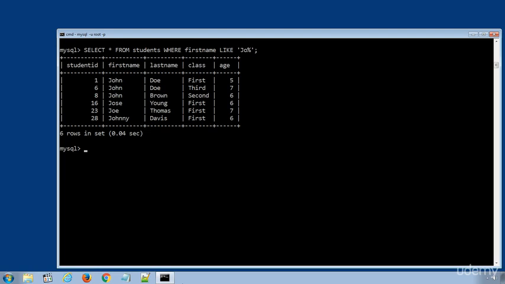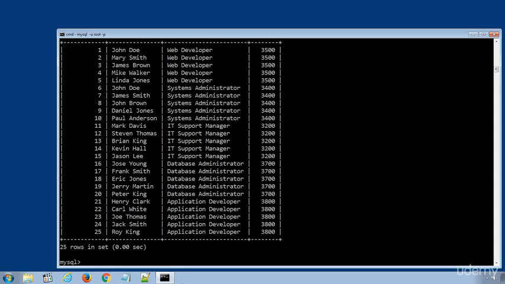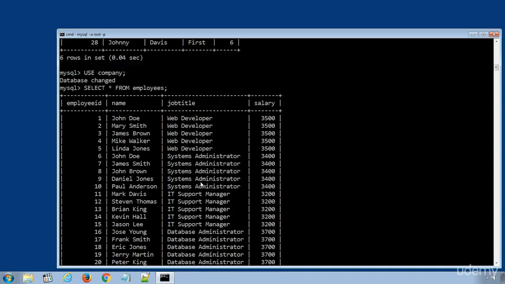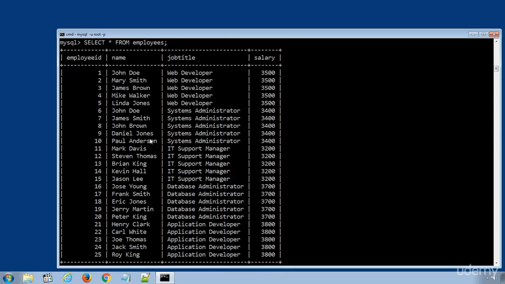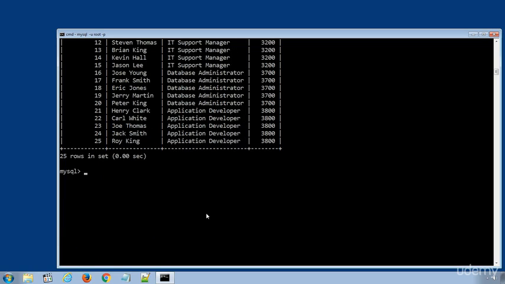I'll select the company database and run an SQL statement to display all the records from the employees table. Now I'll filter the data rows and get only the employees whose name ends with the alphabet S. The SQL statement is